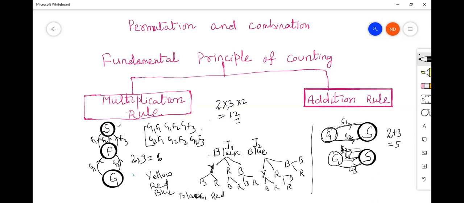Okay, now here the difference is whenever we take multiplication rule, we are using this and this and this. It means we can go to first floor, then we are going to second floor, right? So going to first floor happens in two different ways, and going to second floor happens in three different ways. Okay, that means we are using and. I mean these two events are connected and two events are taken together. So that's why we are multiplying here.